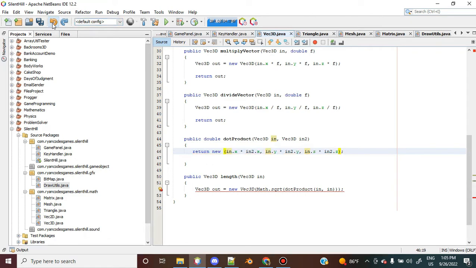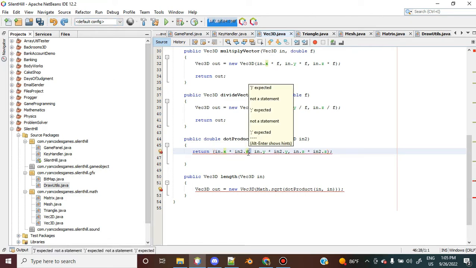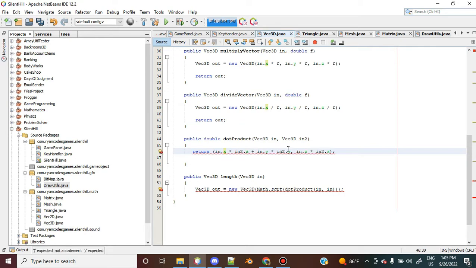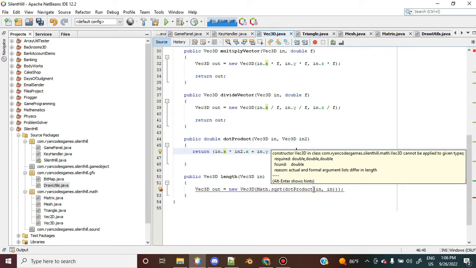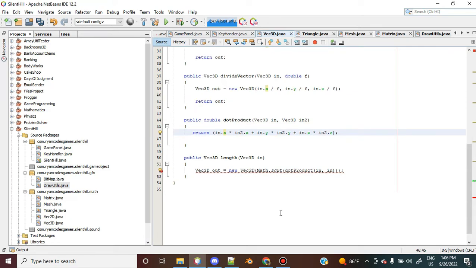Oh, right. That's why I added the plus signs this time. Again, I'm a bit scatterbrained right now. I'm guessing the length should also, I'm assuming,